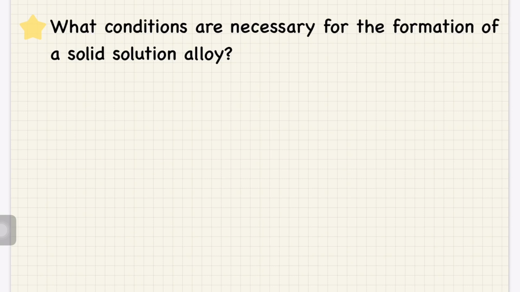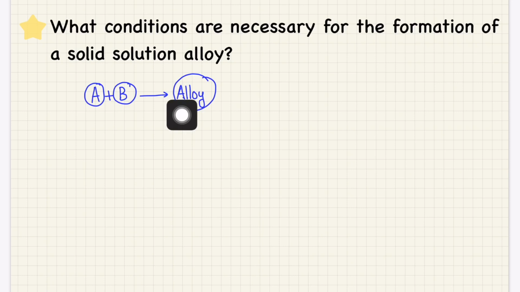Okay, so we know that solid solution alloys are basically prepared by melting the metals and blending them to form a homogeneous mixture. Suppose we have metal A and metal B. They are first melted, and after that we blend them to form a homogeneous mixture that will form the solid solution alloy. To form a solid solution, the atoms of these two metals, that is metal A and metal